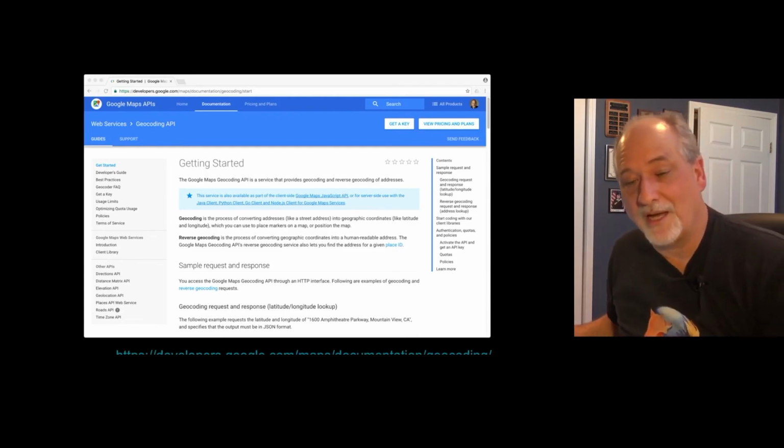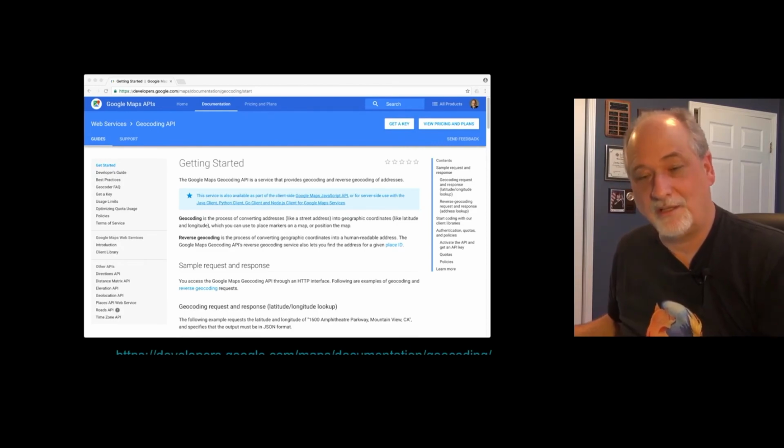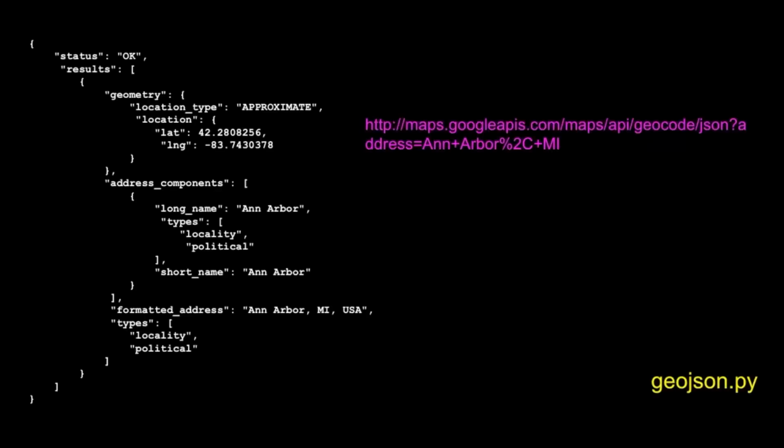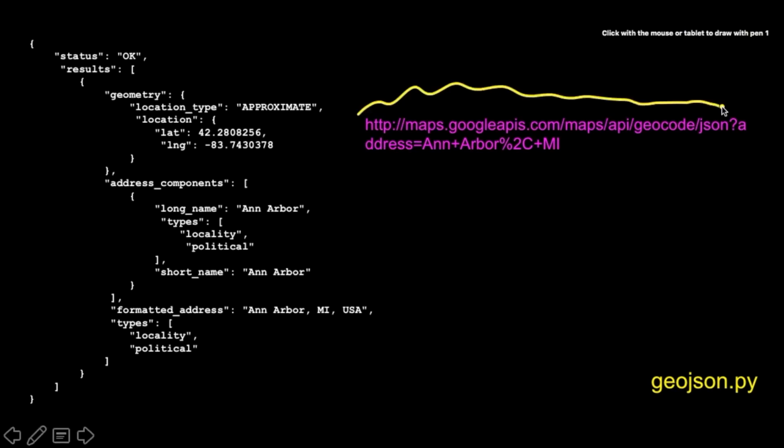But you start by reading documentation. It says, do this, hit this URL, hit that URL. So if you read that documentation, you will find that there is a URL that you can hit. And they tell you where to go. And then you go to this URL, you add a question mark, and then you say address equals, and then Ann Arbor plus. And there's all these rules. These are called URL encoding rules when you have key values on URLs. The plus means space and %2c means comma. So these are called URL encoded.